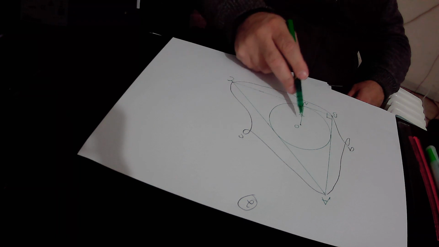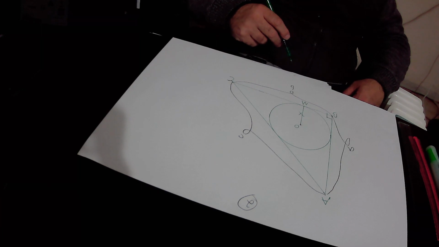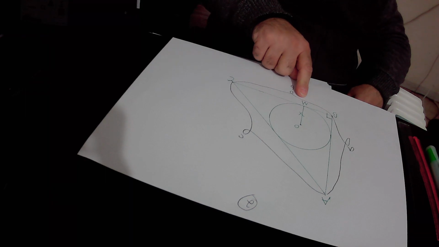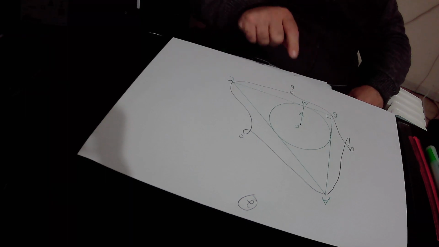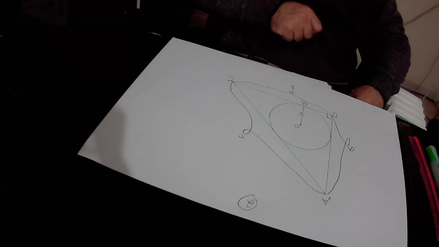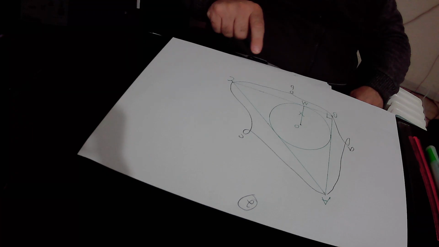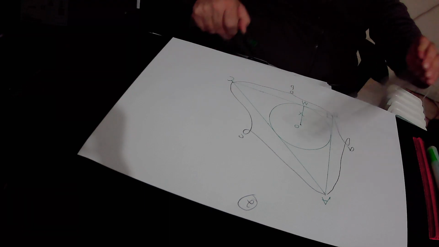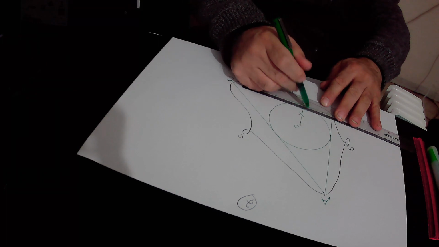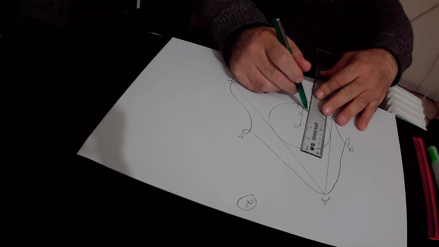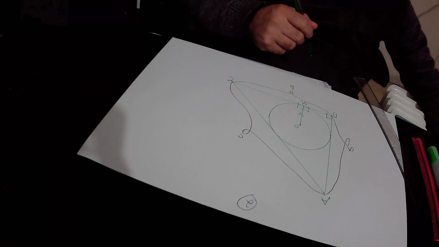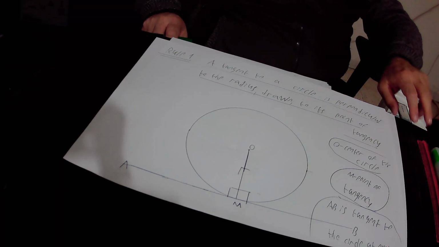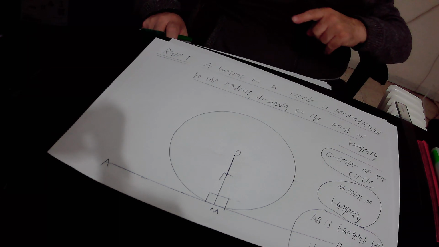OM is the radius of this circle. The radius OM is drawn to point M, that is the point of tangency of tangent BC with this circle, and whenever you have a radius drawn to the point of tangency, then tangent BC will be perpendicular to the radius MO. If BC is perpendicular to MO, it means that this angle equals 90 degrees, and this angle will also equal 90 degrees according to rule number 1. I remind you, what is rule number 1? According to rule number 1, a tangent to a circle is perpendicular to the radius drawn to its point of